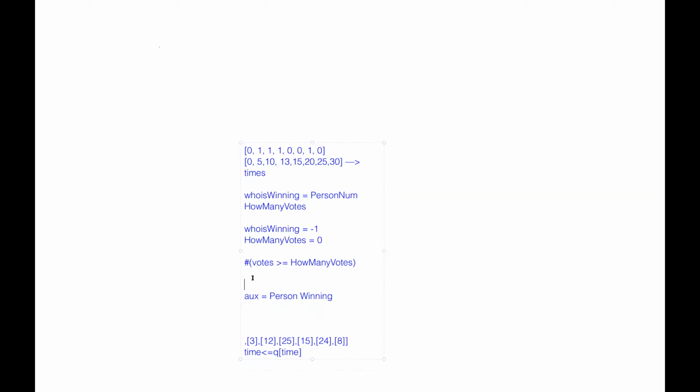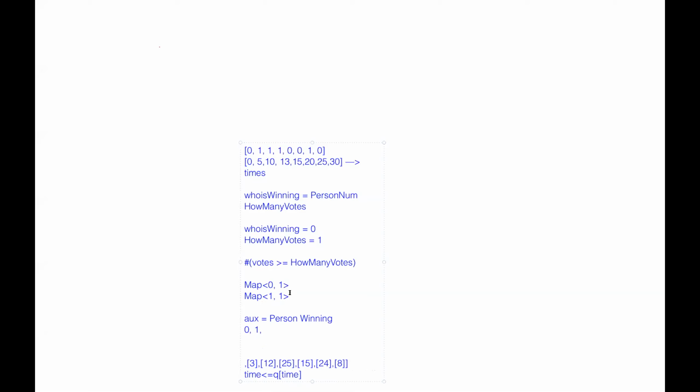At time 0, we have a vote of 0 as 1. And this is definitely greater than how many votes, am I right? 1 is greater than the vote. So it will be 0, and I will update my how many votes to 1, and who is winning is actually 0. Next time the 1 comes, so I will update the 1 with a 1 vote because it was not there in the map. I will compare and see how many votes there are. So it is greater than or equal to 1, so I will update to 1.